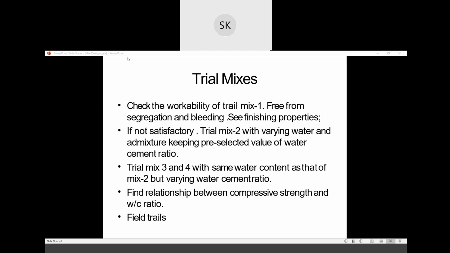Any doubts? Ma'am, what is the syllabus for the section exam? Syllabus for this mix design. Till this mix design. You have exam on construction engineering. When is this exam? You got the timetable?